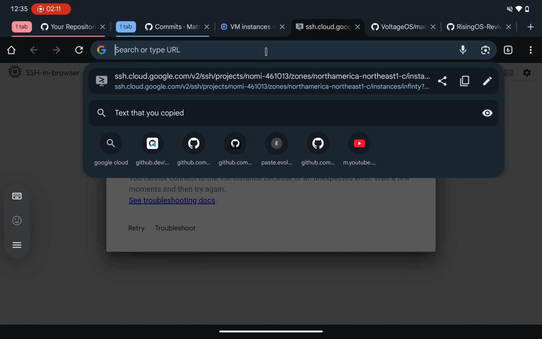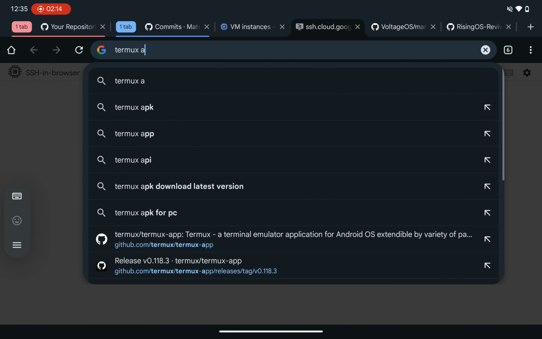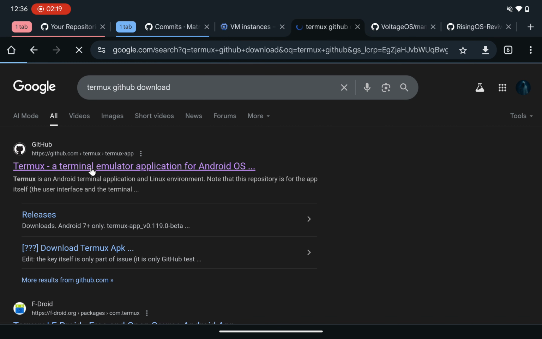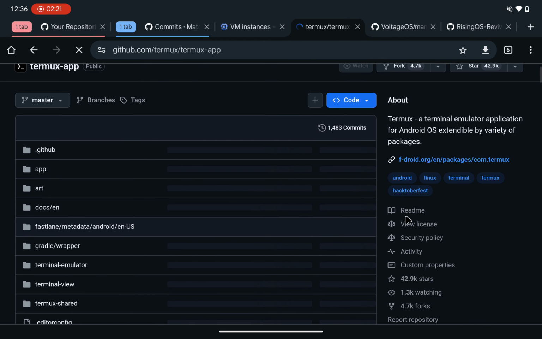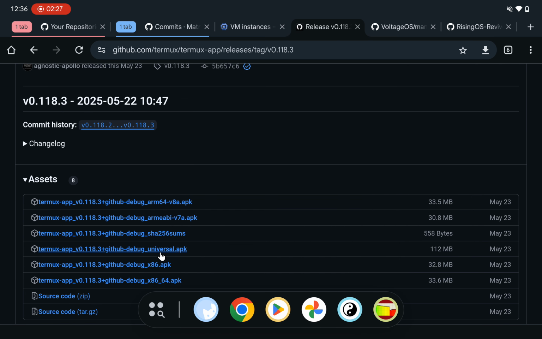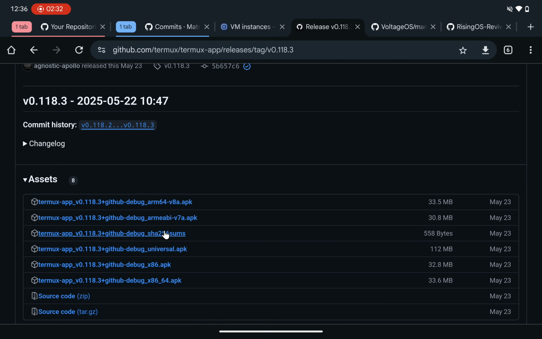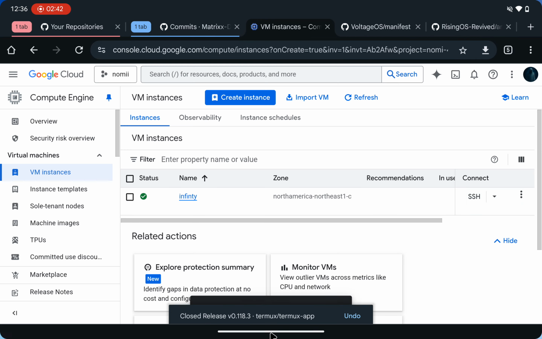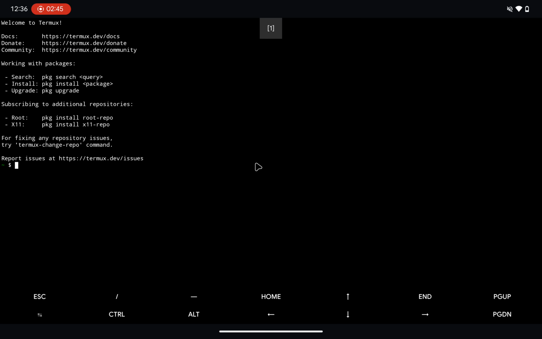See, connection failed. So here we have to search Termux GitHub, and go to Releases and download one of these. If you don't know whether your device is ARM64 or this, you have to install universal. Mostly it is this one. So install this one if you don't know, and then install the APK. After installing the APK, we have to open Termux and allow whatever it asks, and here you have to type